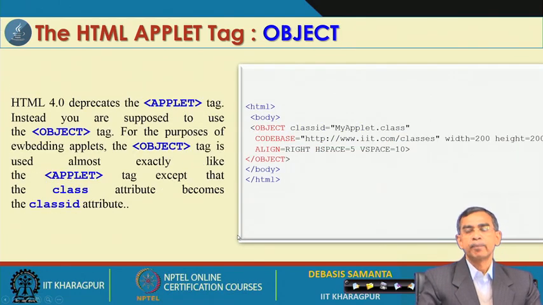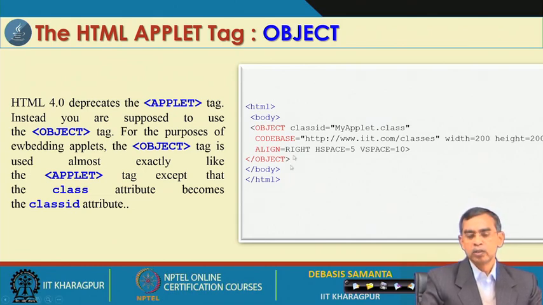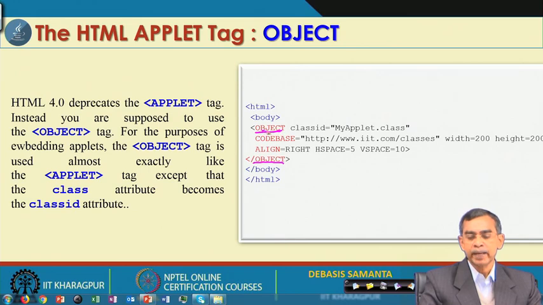And then the object tag. As I told you, HTML5 and upwards versions of HTML have stopped supporting the applet tag. So, in that case, you are allowed to use the object tag. The object tag is the same as the applet tag actually. Applet is not there, so instead of applet you use object, that is all. The code base, then width, height, everything is applicable to that only. So, object is an alternative to the applet tag, the newer version in the HTML page.